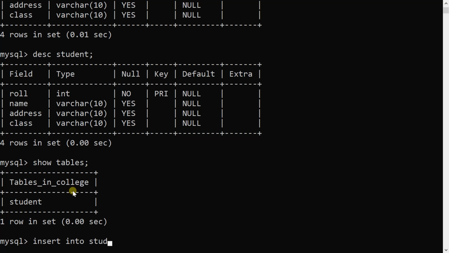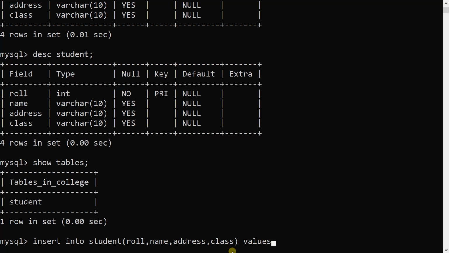Insert into table name, and inside brackets, the attributes of the table. It is an English-based language. So friends, you can see that by reading the command we can easily understand what we are doing with it. Insert into, so we are inserting values in the table.